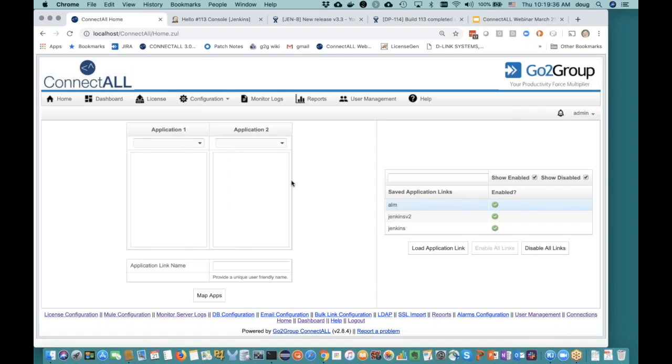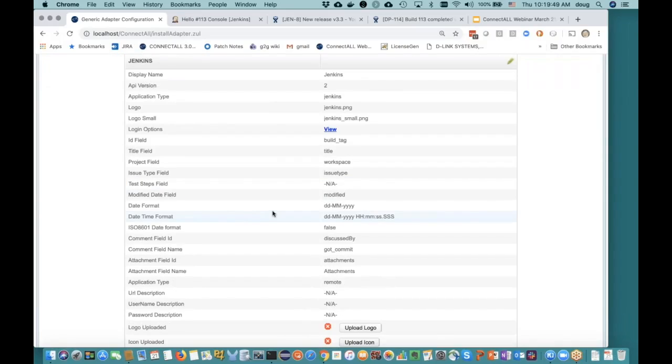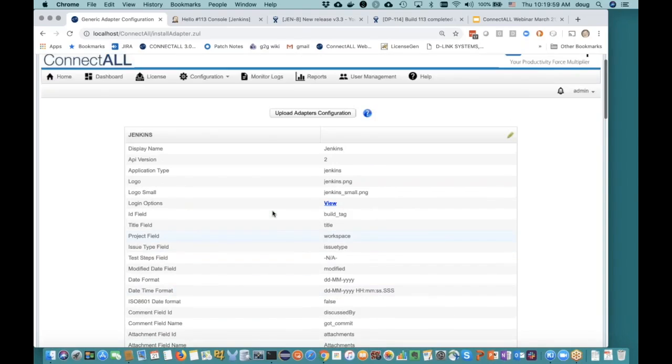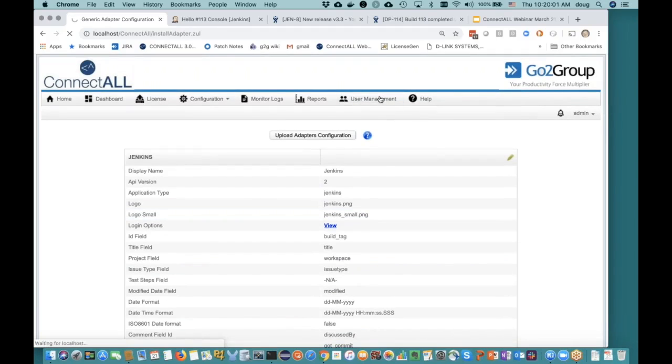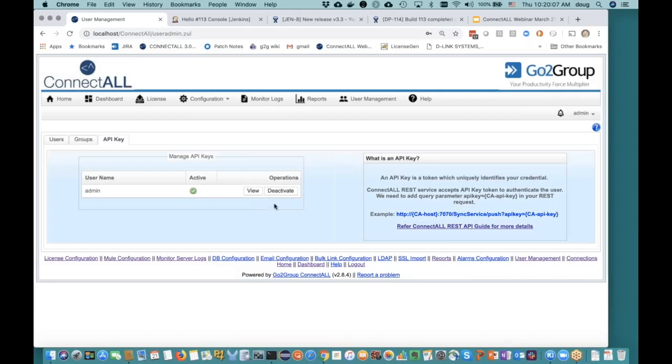So there's security built into this integration, and we also have a way of configuring this from the UI. This is the Jenkins configuration that I created. We can map fields between the two systems, so we communicate what status we want to communicate. We also have security built in. We have an application or an access token that we can generate that we use to actually authenticate all our REST calls to